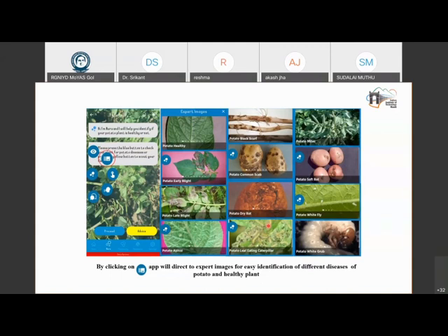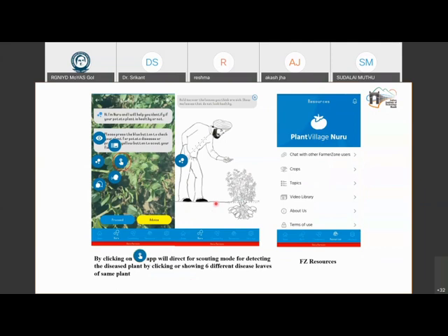So that's where we need to talk to the farmers, and periodically get their feedback on what is useful for them or not. So this is the image detection app that we have integrated, the image detection algorithm.